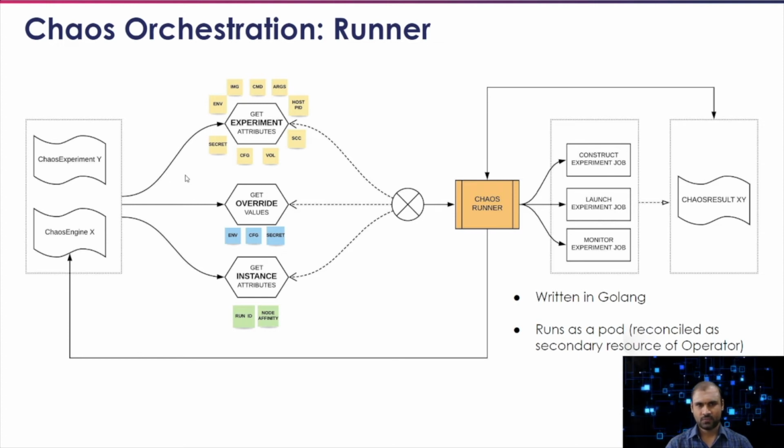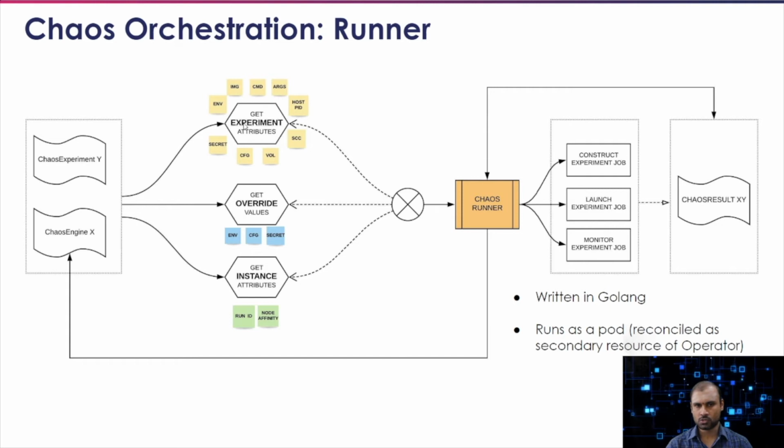What it does is it gets the experiment attributes from the chaos experiment. As you all know, the chaos experiment holds a lot of low-level information about the experiment. It talks about what is the image used for the experiment job. It talks about what are the commands and args used in that image. It talks about some operational characteristics, the service account, the security context, host PID, some environment variables, defaults for that experiment,